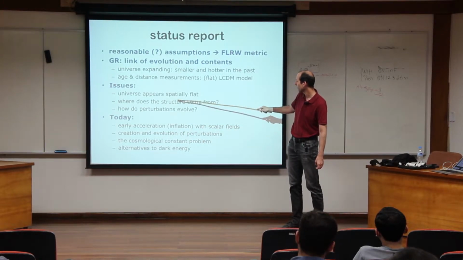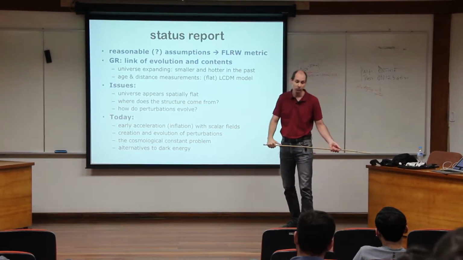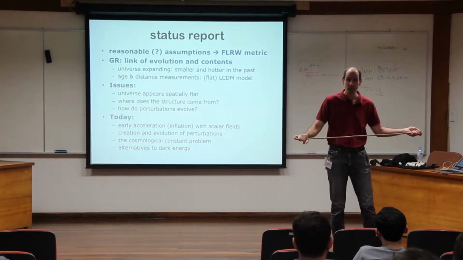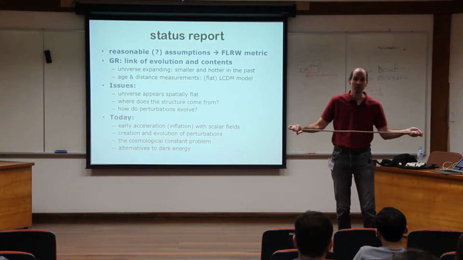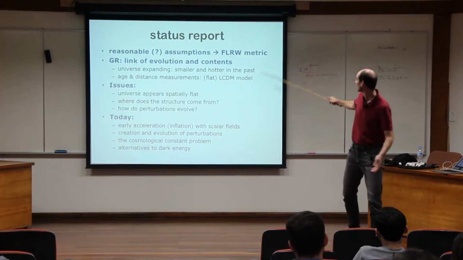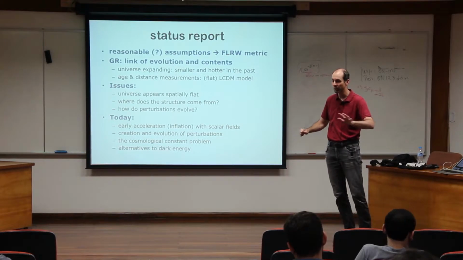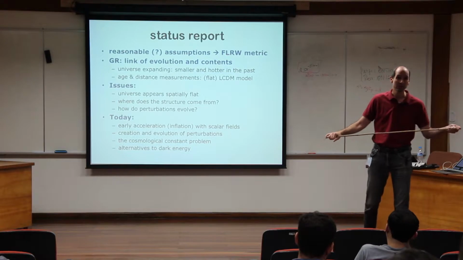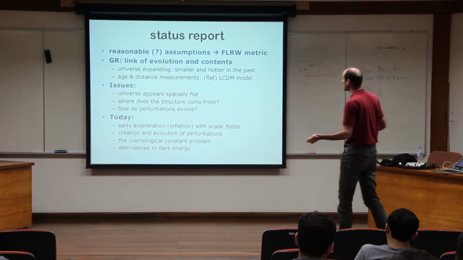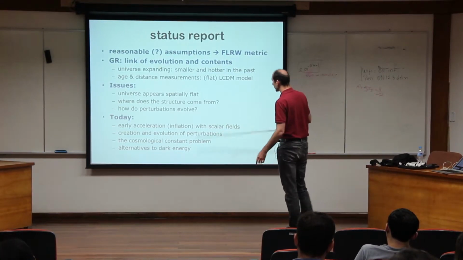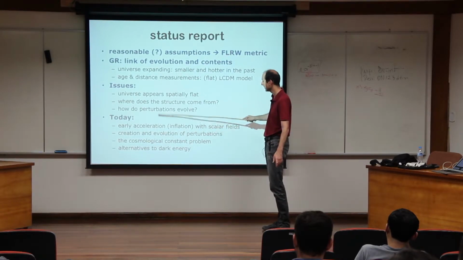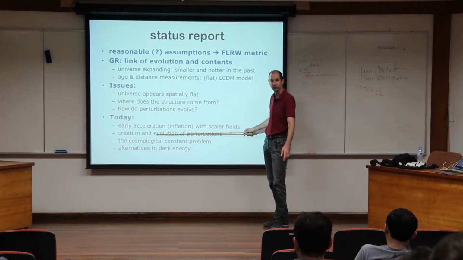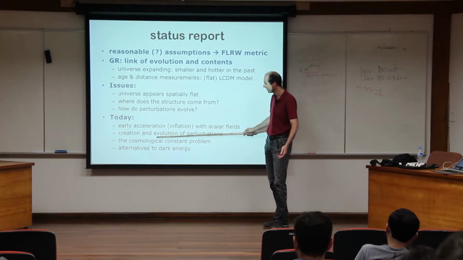That will also allow us to talk about perturbations, and perturbations are important because the amount of information that we can get from looking at what we call the background, so that's what we talked about so far, the homogeneous and isotropic universe, is relatively limited. If we really want to study models in detail, then we will have to look at the perturbations. Up to here it's pretty much still introduction, even though we will start to see material that we really need later on.